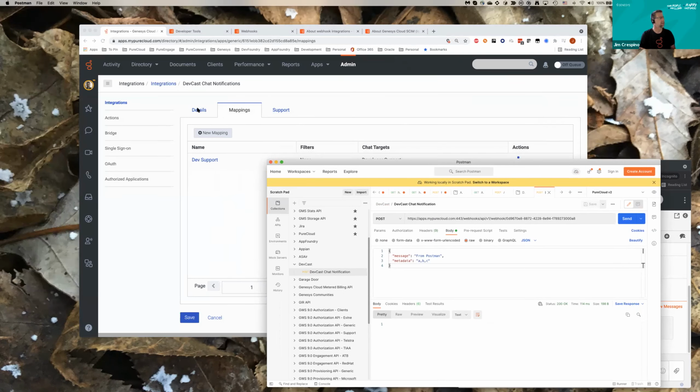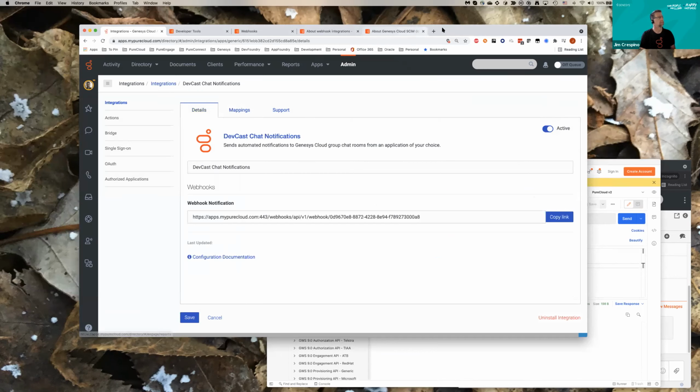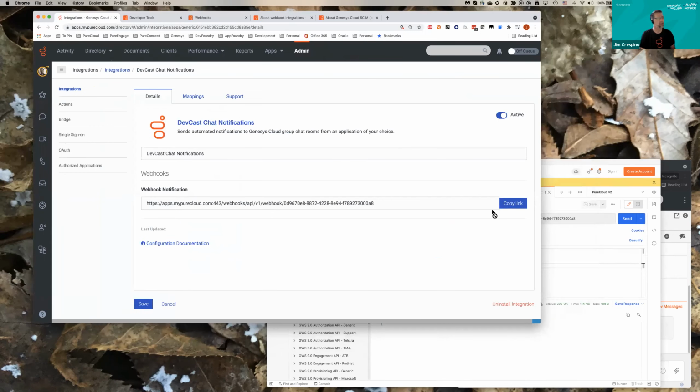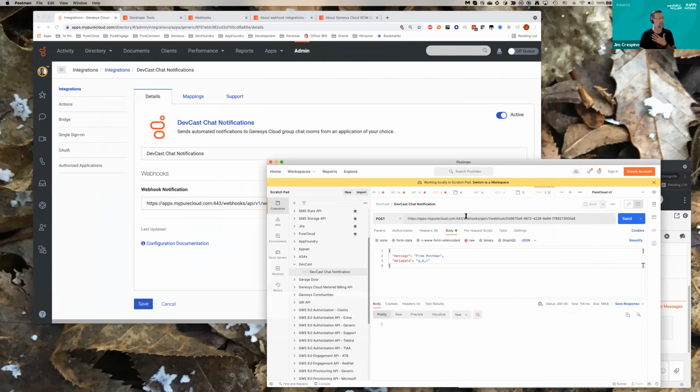So here I've taken my webhook URL, put it over here. It's a POST. Here's my data. So here's my message from Postman, and I've got some metadata in there that is not going to be used because I'm not doing any filtering right now, but I could filter on something. So if I send that,